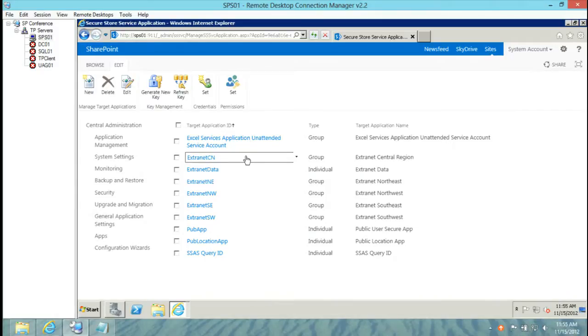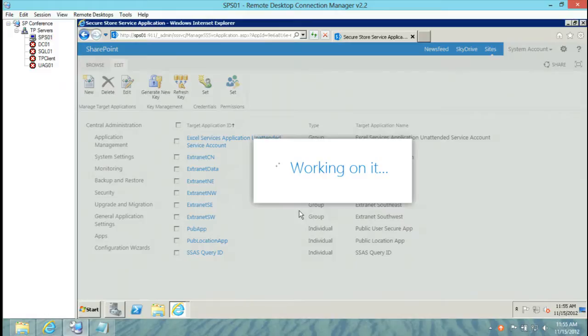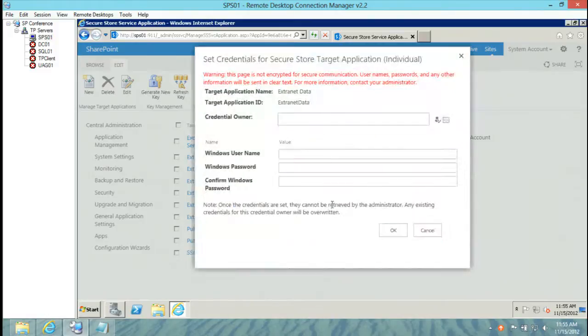And that's a container-based type of model that we'd be using because with our data models, we'd have to point to an individual connect string with that one specific group model. If we want to have more of a dashboard set, we would use the individual model. So in this case where we've got extranet data, I can set credentials on here. If I wanted to set an individual user, I can specify one for each user. And this is claims aware. So if I have a person coming in through ADFS, I could say, for example,